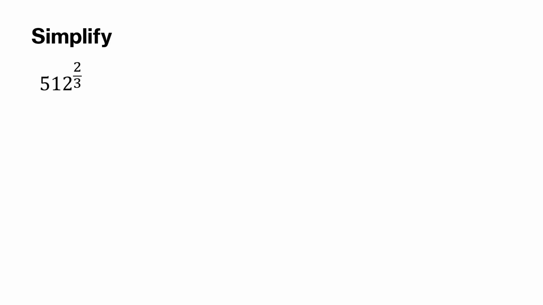Let's have this example. We have 512 raised to 2 thirds. What we need here is to think of a number like this one, 512. If you're familiar with 2048, the game, this is part of it. So I can work on multiplying 2. As you can see, I have 2 raised to 9 because when you multiply 2 nine times, you'll have 512. Now, having that, 9 times 2 will be over 1 times 3. So we have 18 over 3. So working with that, 2 raised to 6, to simplify, that will be 64.